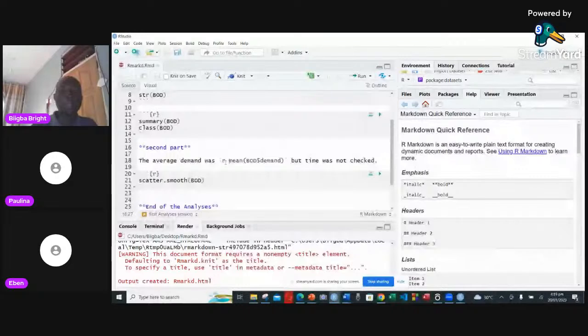Any other thing you are going to write in between, you have to create a space between the arrow and then the mean. But because there was no space,